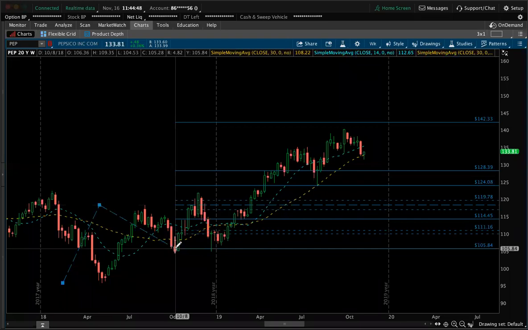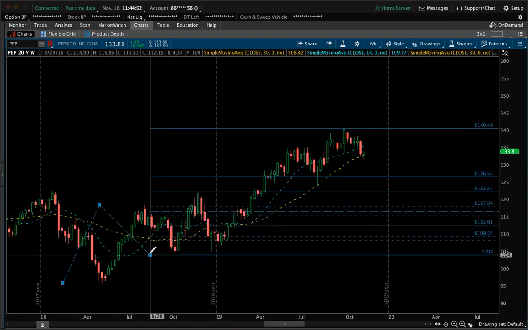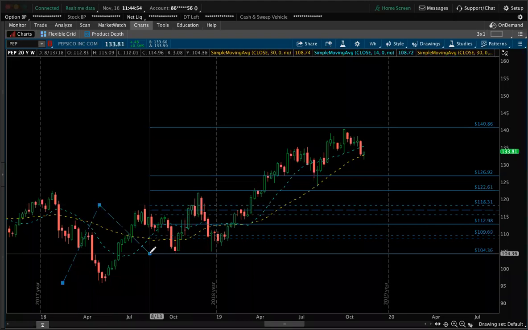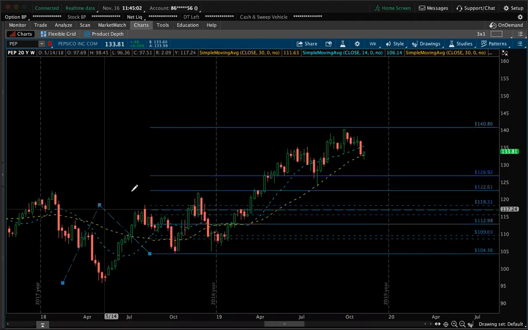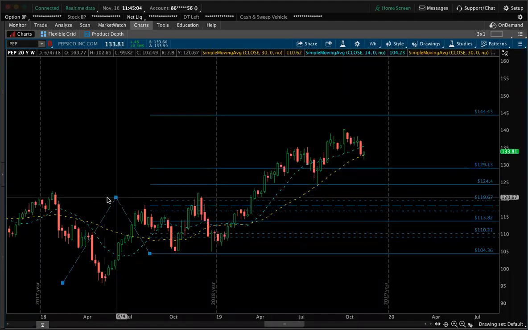You can just hover over the candle before you actually place that last point. The low is 104.53. You can go into settings and edit that to make it as accurate as possible, but I'm not going to do that. I want this to line up as perfectly as possible. You can also mess with the second point. I'm activating it now. This is the second point, as you can see here.